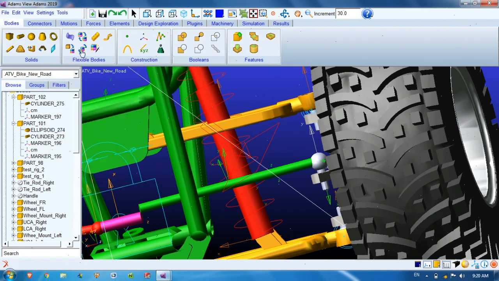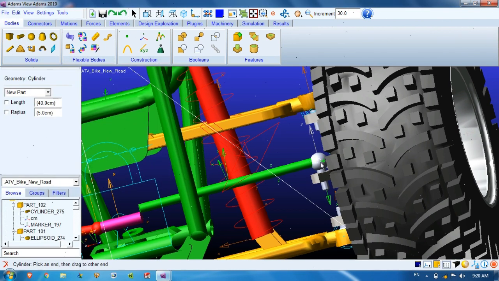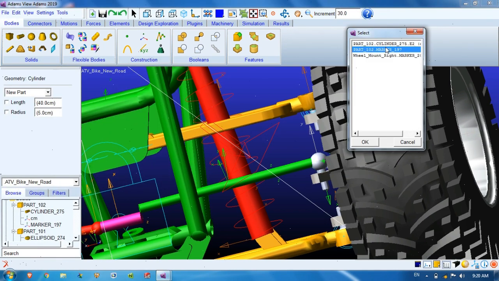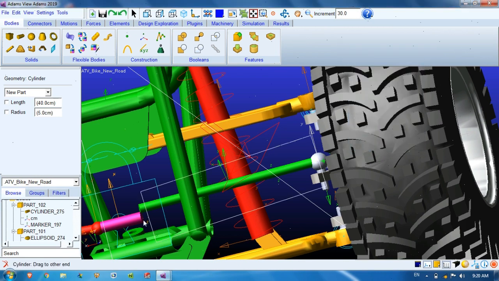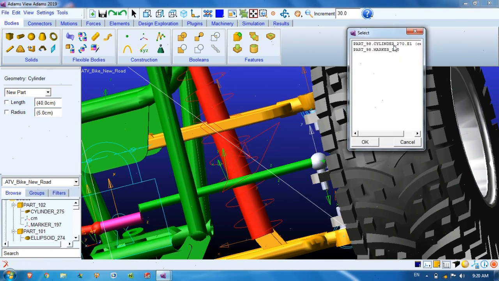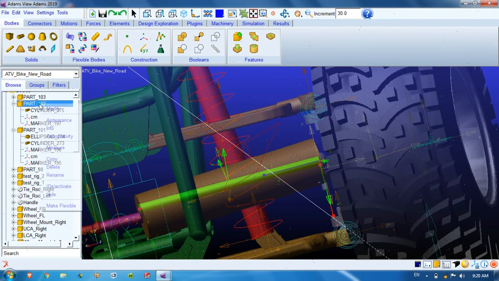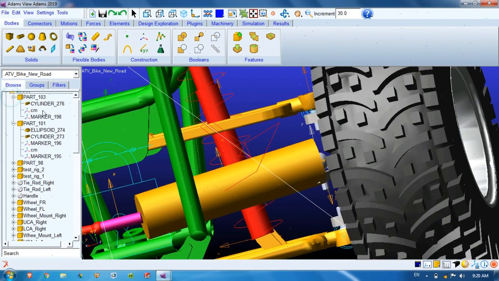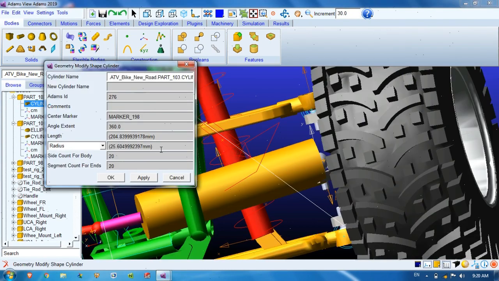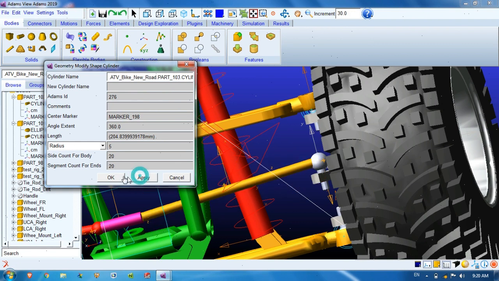Now we'll create another cylinder, first location at this marker, second location at the center of this cylinder. Okay, delete the old one. Now reduce the radius to 5 mm.